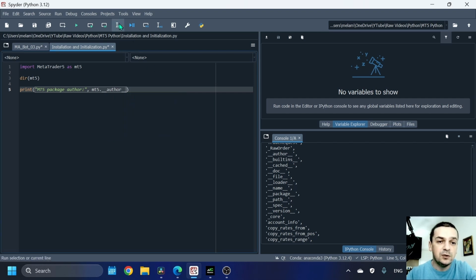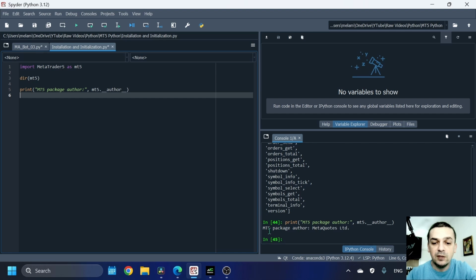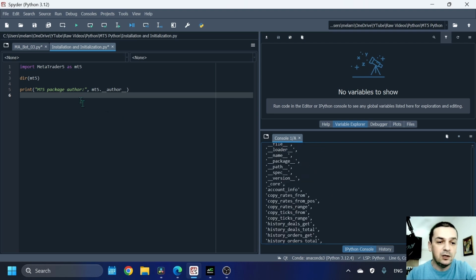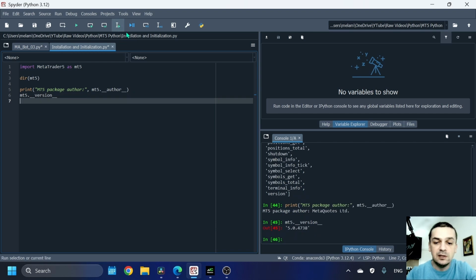So let's run this line of code, and here MetaTrader 5 package author is MetaQuotes, which is the same company that develops the MetaTrader 5 platform. So both products are developed by MetaQuotes. If you want, for example, to check the current version, you can type again MT5 dot and double underscore version, tab button, and let me run this line of code. So here the output says that the current version is